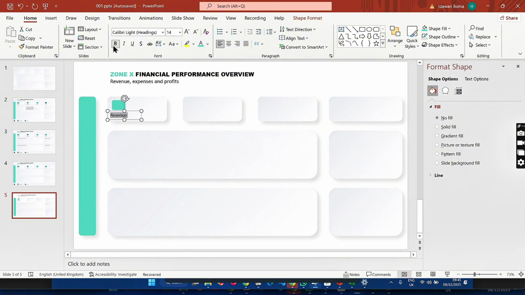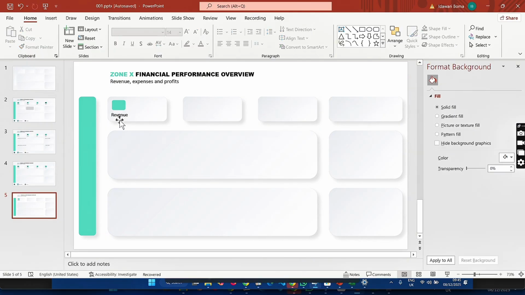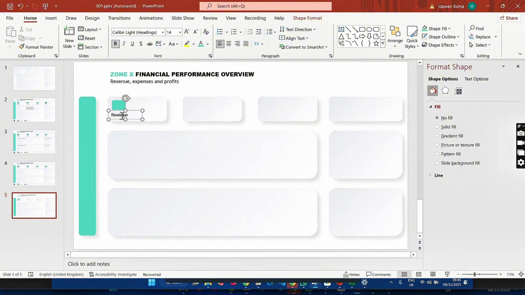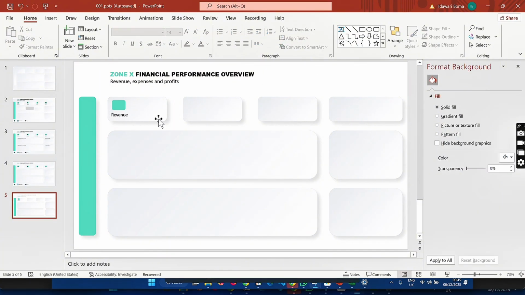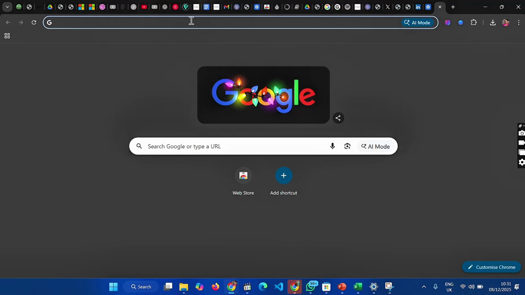Now let's do the same for the rest. It's time to add in our icons. To get our icons, let's head over to our browser and search for